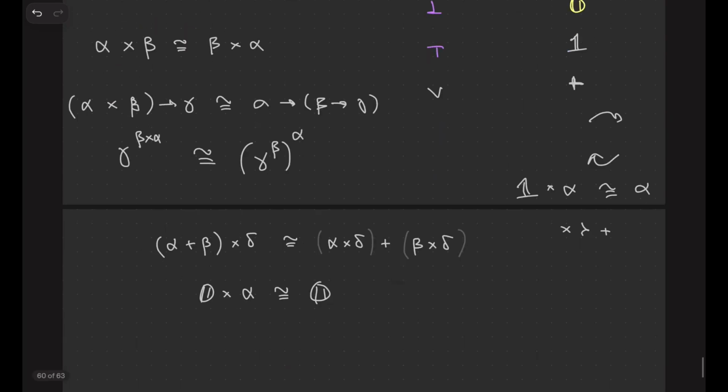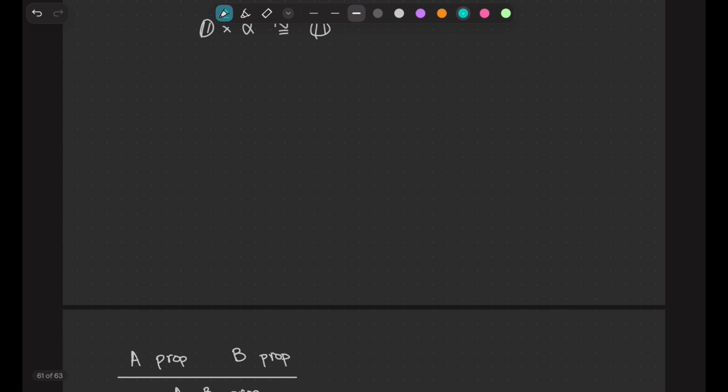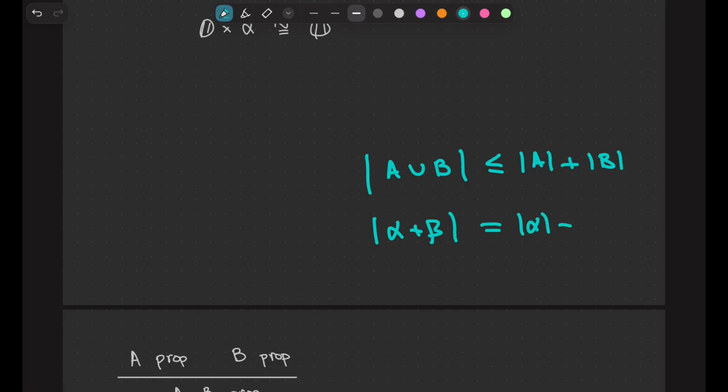In set theory, the best you can say is that the cardinality of A union B is less than or equal to the cardinality of A plus the cardinality of B. So you already suspect that the notion of union is not the correct notion for sum, for addition. While in types, the cardinality of this thing is equal to the cardinality of this plus the cardinality of that.